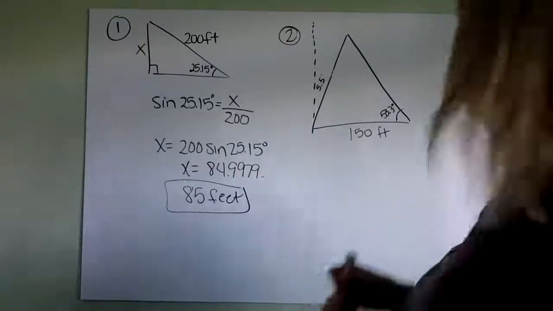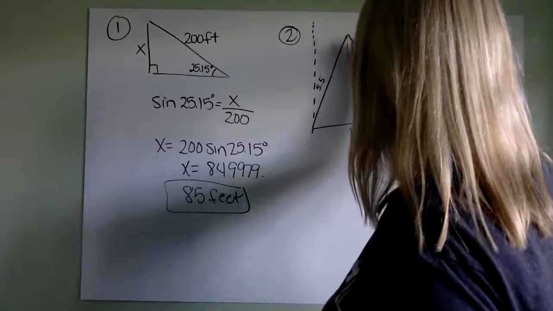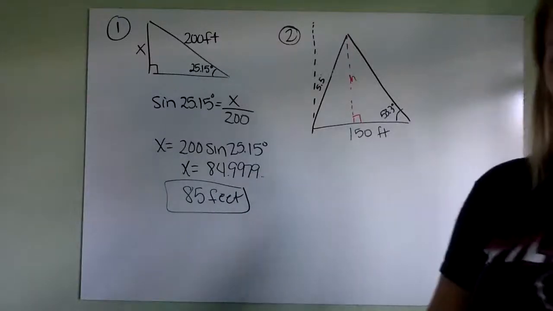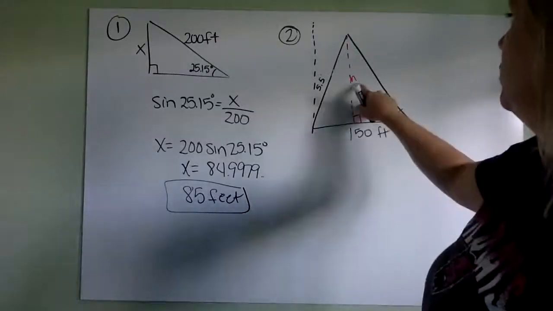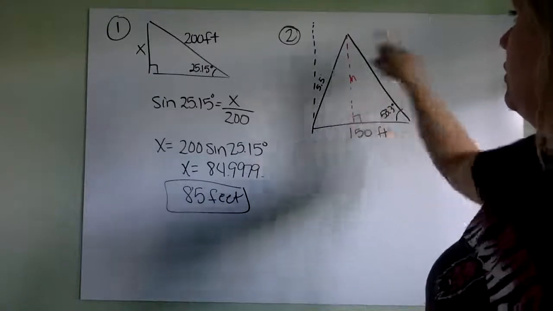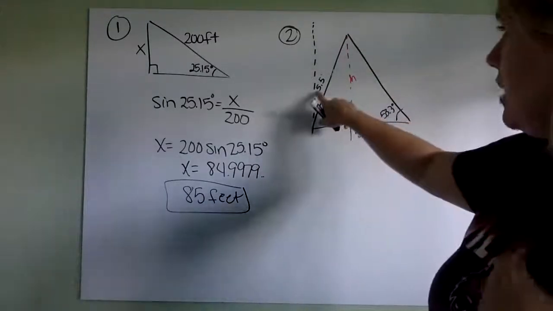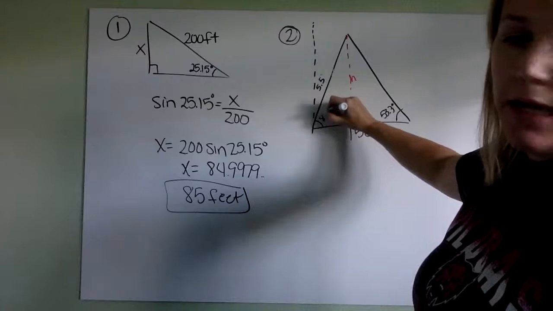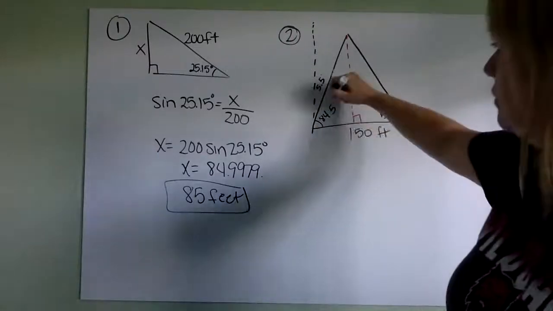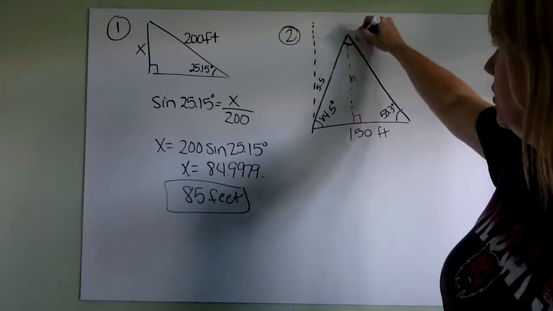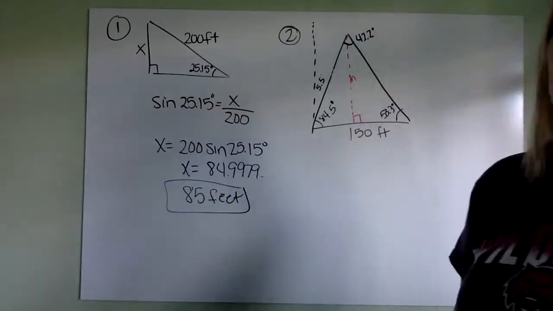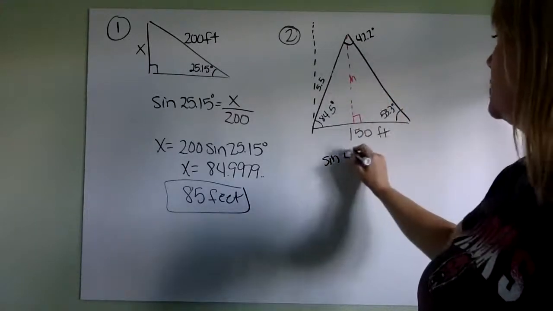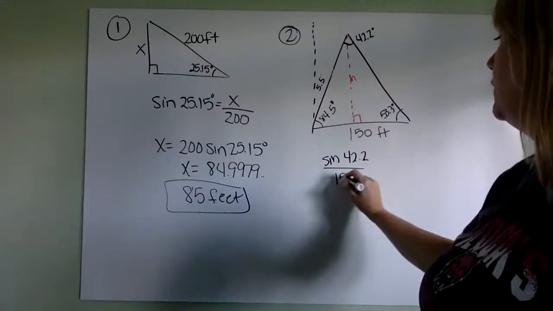So the height we're looking for is actually this there. That's made perpendicular to the base of the triangle at that height. Before we can even think about this, we need to think about the larger triangle. If this is 5.5 and we subtract that from 90, this angle right here is 84.5. And then subtracting each of those from 180, we get this angle up here is 42.2. Now we can use the law of sines. The sine of 42.2 over 150 is equal